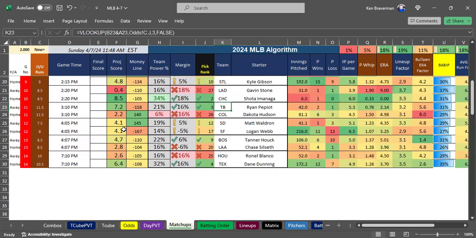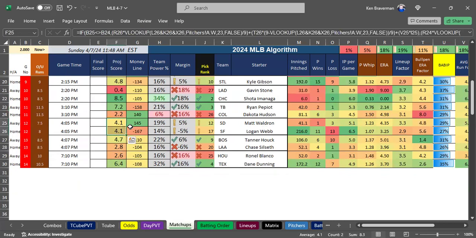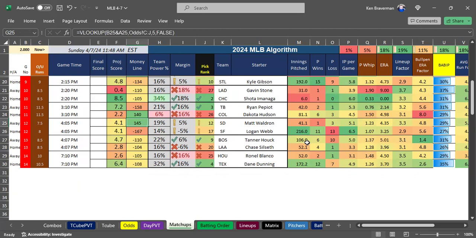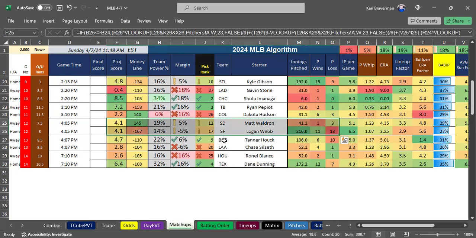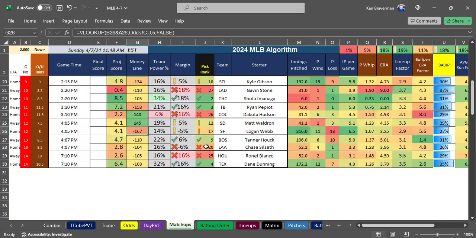So what about this San Diego-San Francisco game? It's a 4-4 tie. You get an underdog line with San Diego. Logan Webb pitches a lot and pitches deep into the game and is pretty good. Matt Waldron, okay. So that's why you're getting an underdog line, the money is on Logan Webb here in San Francisco. Lineup factor. The problem is San Francisco's bullpen, but Logan Webb goes 6 or 7 innings. Wow, he really seems to pitch a lot and go deep into games. So that's why this game is kind of too close to call. And I think staying away from it is probably a good idea. It's probably going to go either way.